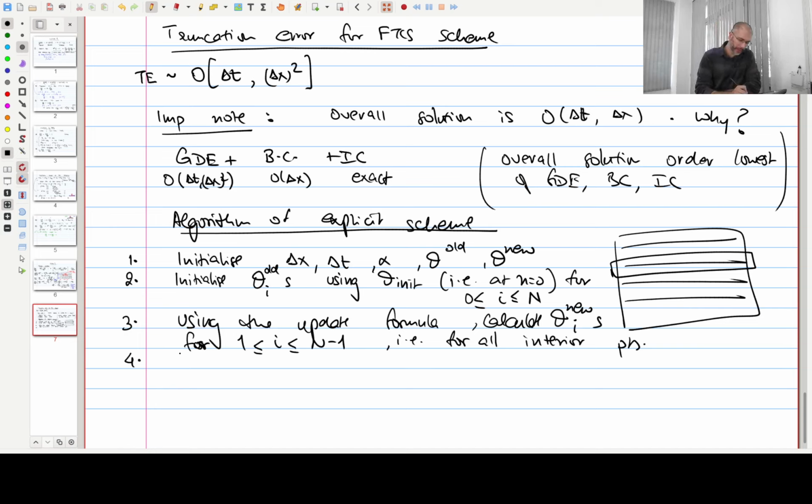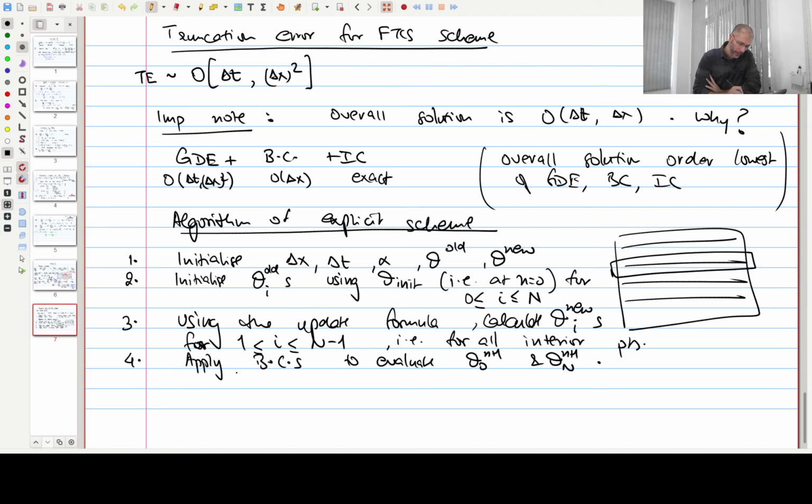Now we will do the boundary conditions. Now we do the boundary condition, and then after that we will say that